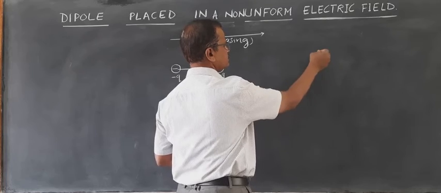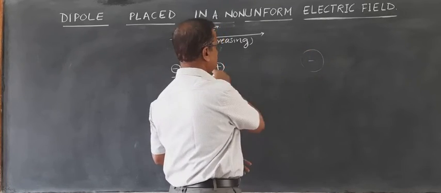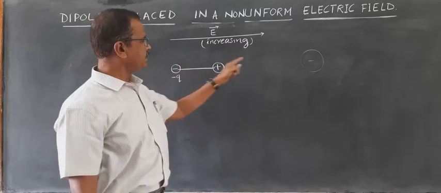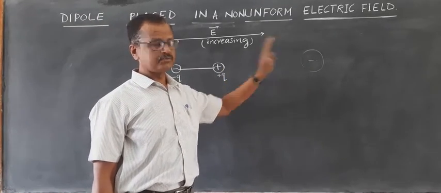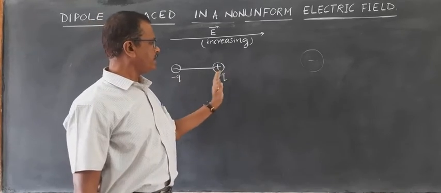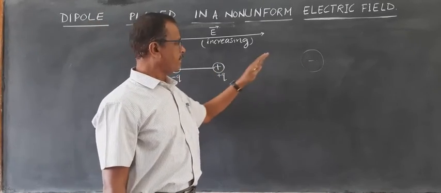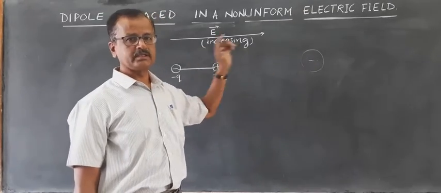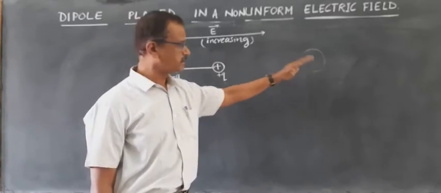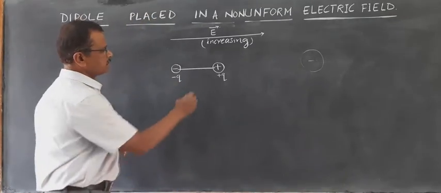If you assume that there is a strong negative charge, you will find an increasing electric field towards the negative source charge. Then from point to point, as you approach this source, the electric field is increasing. It is increasing towards the source negative charge. Assume that there is a negative charge, right?